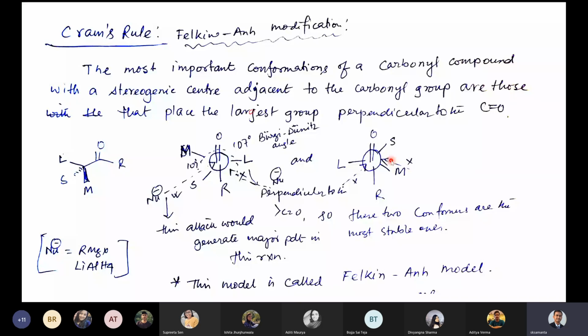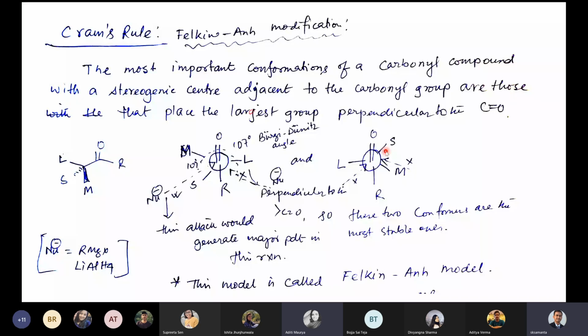If you see the model, it is only possible that the nucleophilic attack would be towards this direction and not towards this direction, because it has to satisfy this 107 degree. How this 107 degree is fulfilled from this direction can be answered if you see Clayden's 3D arrangement. Then you will understand how this 107 degree is forming here.